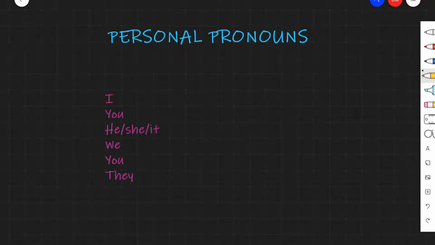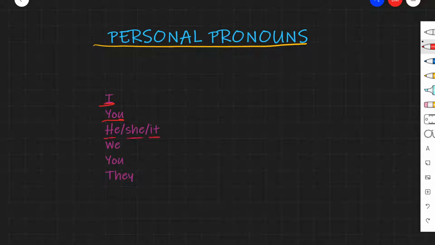When you want to learn the conjugation of verbs in German, the first thing that you'll have to know is the personal pronouns in German. In English, we have them as follows: I, you, he, she, it, we, you, and they. The corresponding personal pronouns in German are